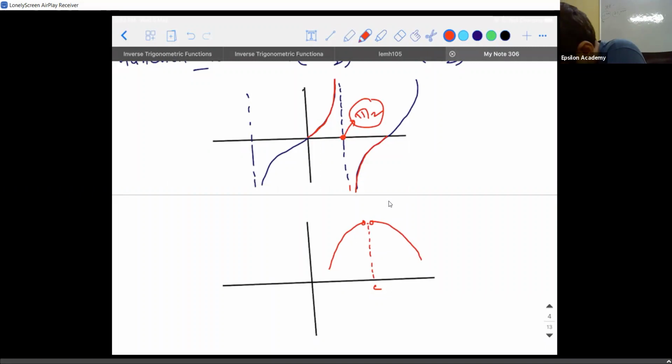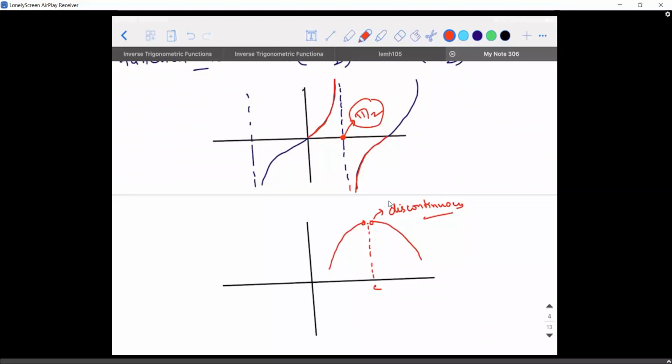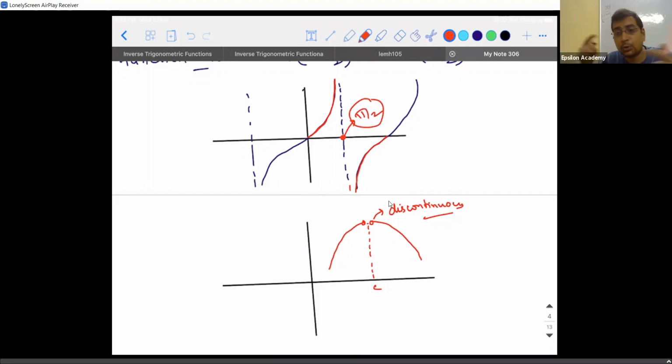So the open circle is a diagrammatic way of showing that the function is discontinuous. For any function, if you put an open circle at that point, then you say that the function is discontinuous. If it is continuous, you will not put anything. You will just join them. So the left limit and right limit will not join in the graph. They are not joining, but they are approaching.